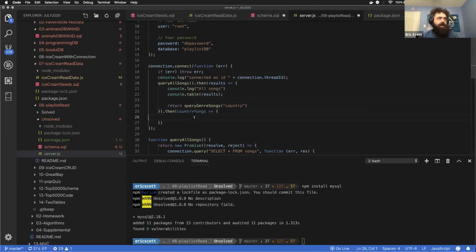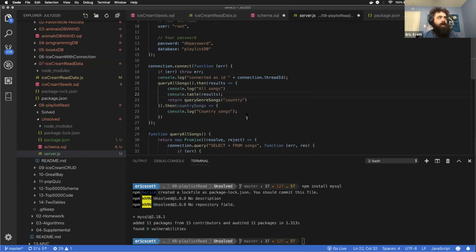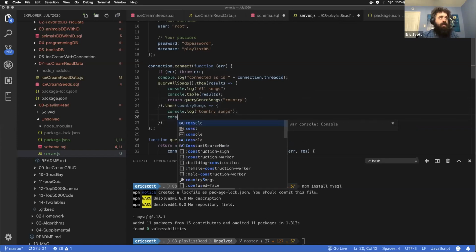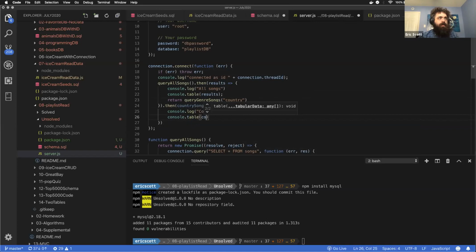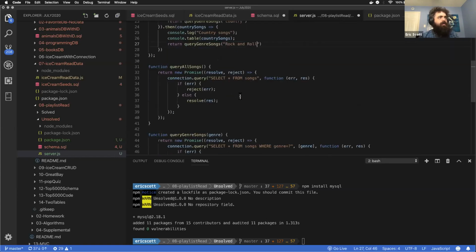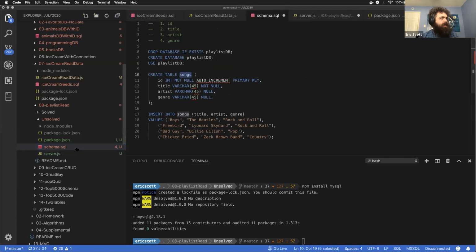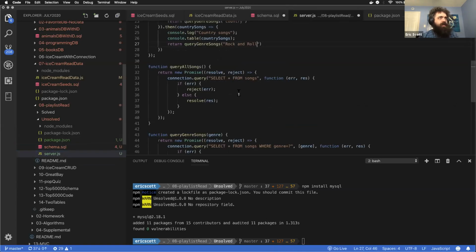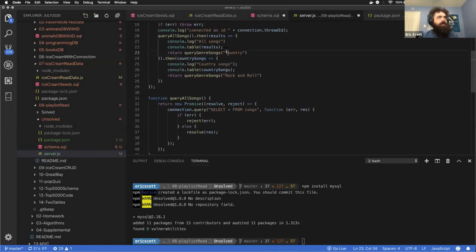Actually, we could do it this way. And then we could say console.table country songs. And then we could keep doing the same thing. And let's say rock and roll. When we labeled that country, it was uppercase C. That's important. We want to make sure that that's